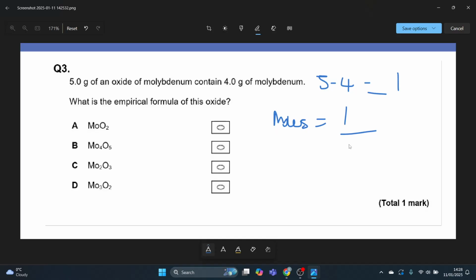is 1 divided by 16. Was it 32? No, 16. To molybdenum, which is 4 divided by Mo, and if you look at the periodic table, you should find it's 96. 1 divided by 16,